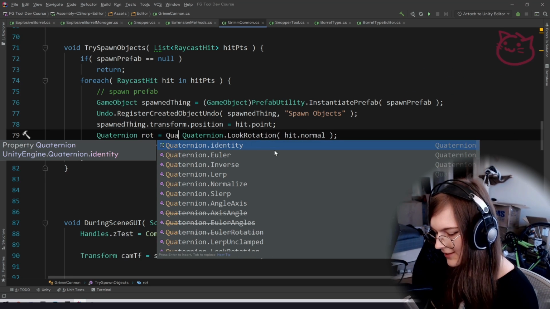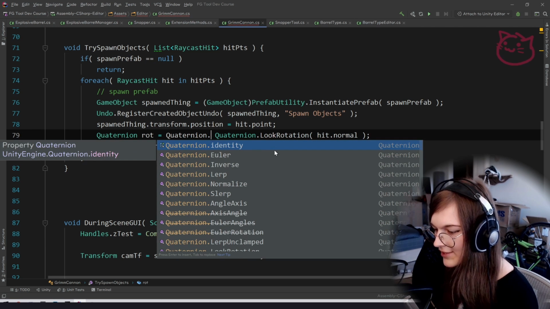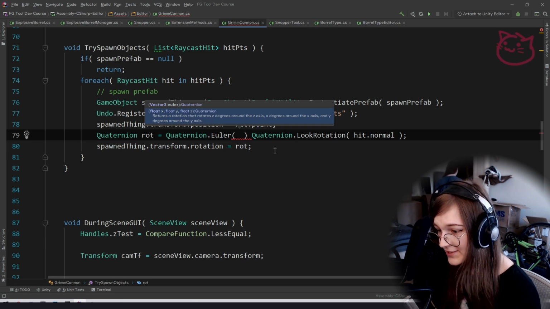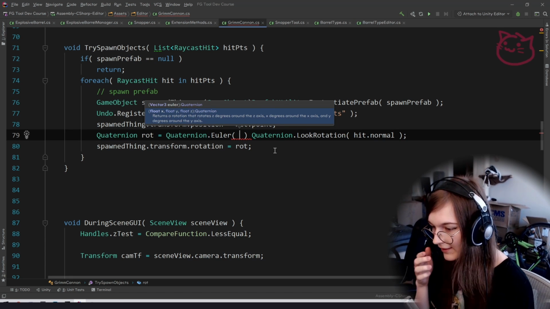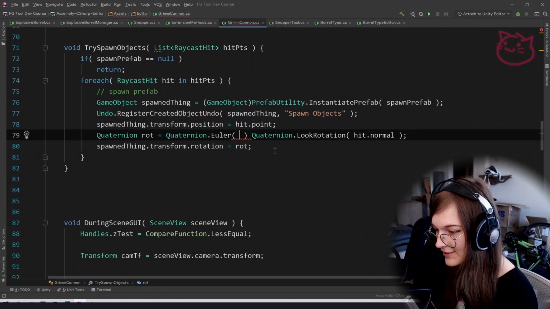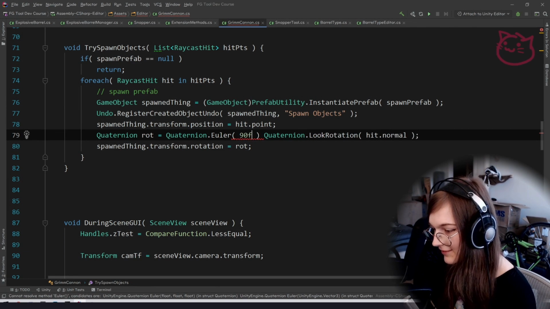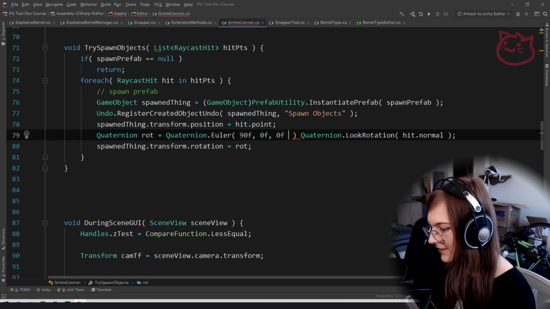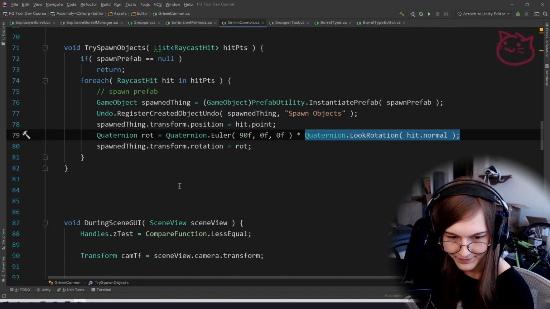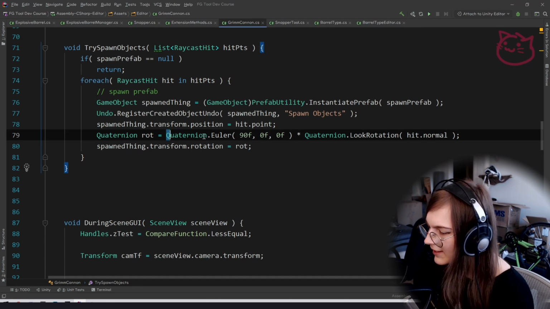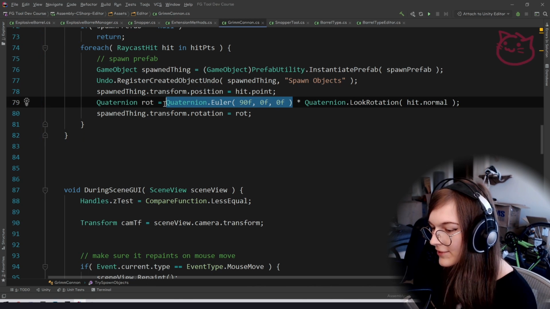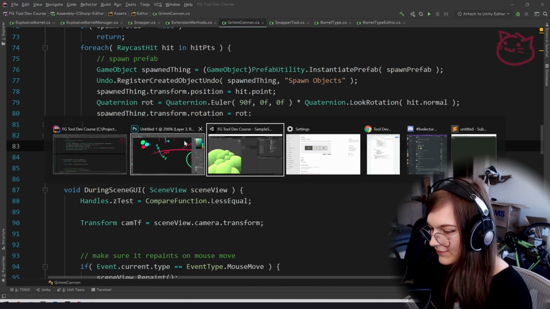So you can do quaternion dot Euler, so that we can use an Euler angle representation of this one, but convert it to quaternion. We wanted a positive rotation around the x-axis by 90 degrees. And Euler is in angles, or in degrees. So there we go. And then we multiply that by this rotation. So now we have one rotation based on tangent space, and then we also rotate it up using this one. So now if we go back,